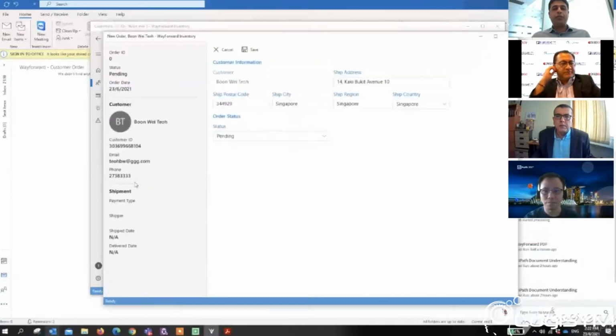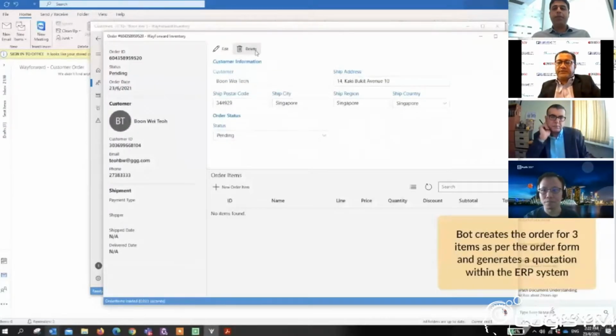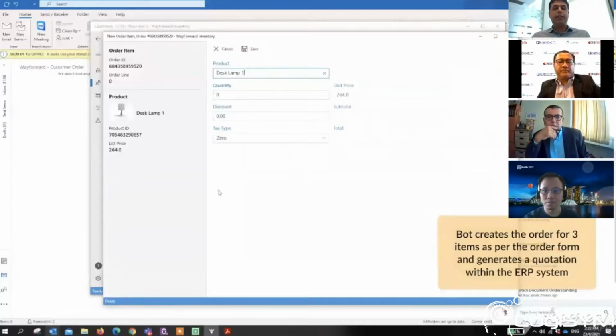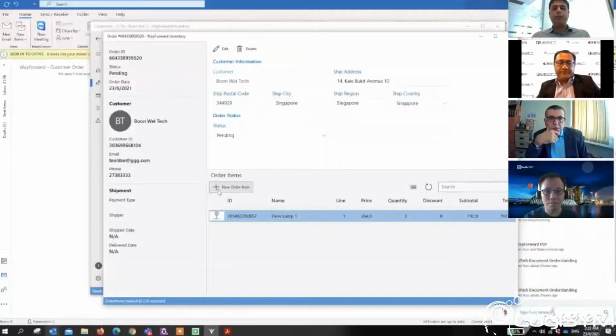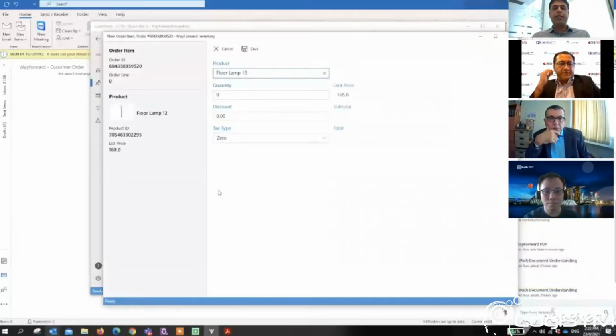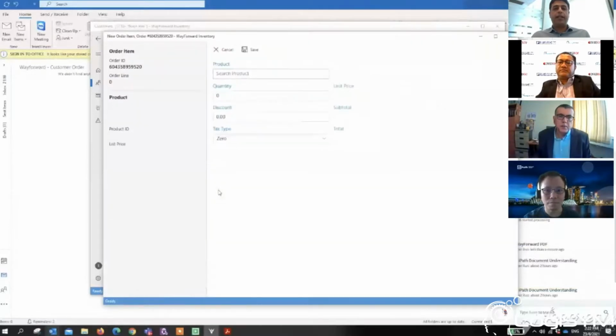It makes sure the order details are handled, and it could be a big order. Like in this case, we have three different items, different quantities, etc., coming through. And the bot is seamlessly navigating through without any interruption. Once the orders are entered, it just generates a quotation.